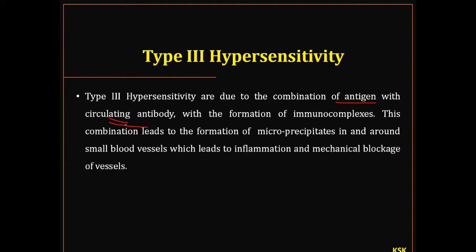The antigen antibody complex is formed, known as the immunocomplex. This antigen antibody complex forms microprecipitates. In type 2, there also an antigen antibody reaction takes place, and it causes the attachment of complement. The principle involved is the antigen antibody complex causing the attachment of the complement to its site, the complement gets activated and lysis of the RBC takes place. Whereas in type 3, whenever the immunocomplex is formed, it leads to the formation of